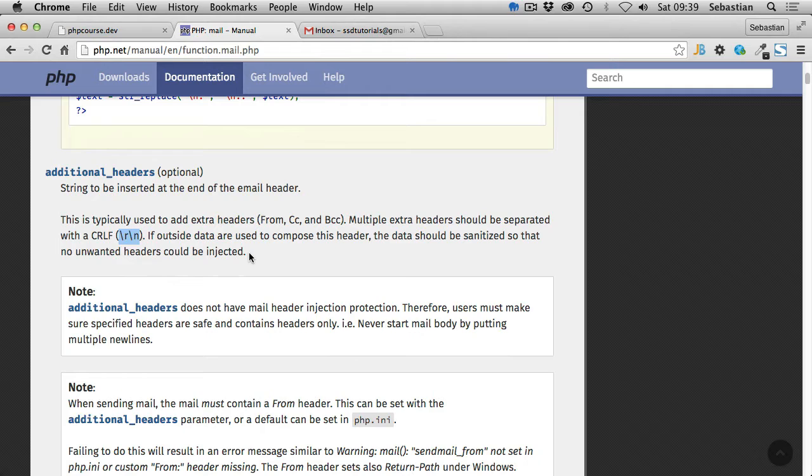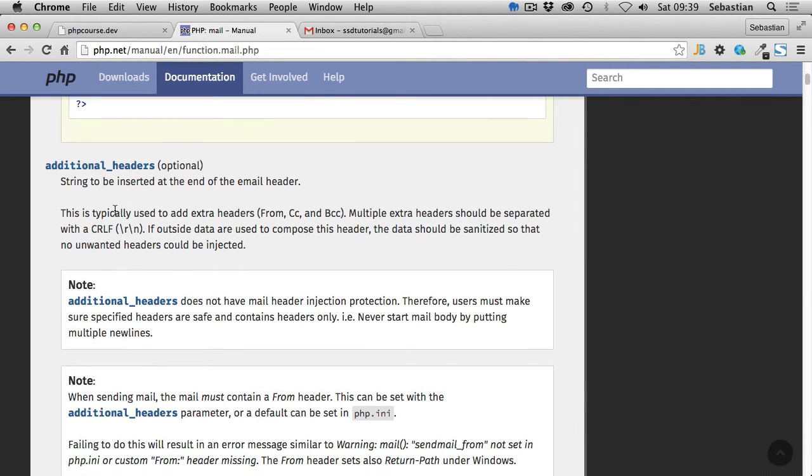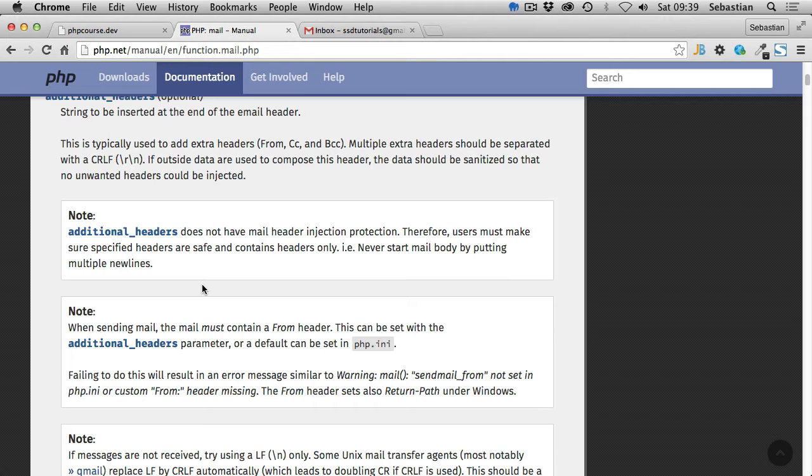What that means, obviously, if you are passing any data to the headers basically that has been submitted by a user on the website, let's say using a form, make sure that you obviously sanitize in a way so that the format is correct. Make sure that you validate this data before you pass it on to this additional headers argument. And then we have a note: additional headers does not have mail header injection protection, which is basically referring to this sanitization here. So therefore, users must make sure